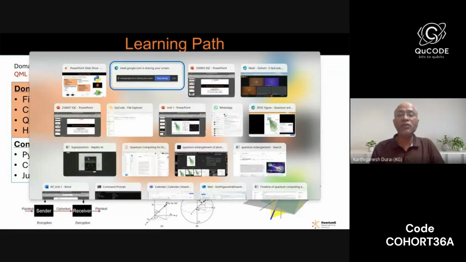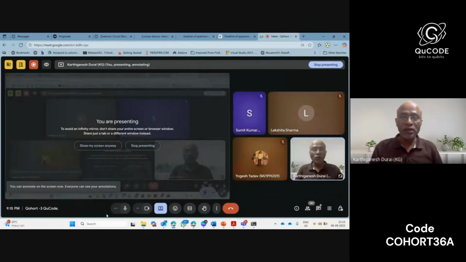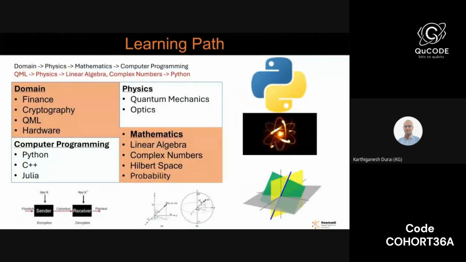So this will give you a clear picture where you can understand the learning path involves four verticals: subject matter expert, a physics researcher, a mathematician, and a software engineer. Now, based on your qualification and your educational stream and your interest, you will fall into any one of these four. That you should be very clear. This is my area, but even though this is my area, I have to learn a little bit about the other areas also. Then only you can form a team and work with the team to build the solution.